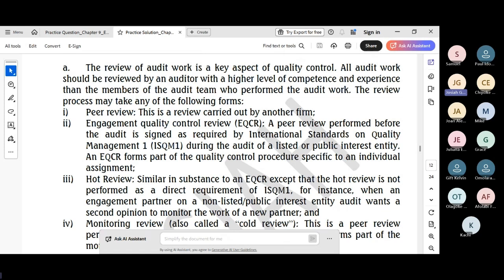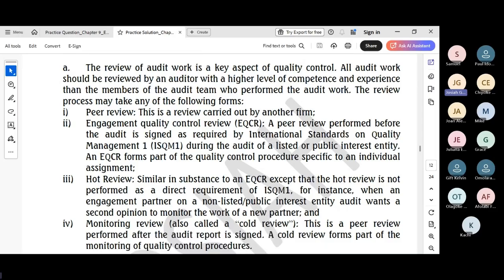So for the A part, use lists and headings. You can see the examiner did that. He used numbered lists and headings to ensure you cover all 3 aspects required by the question. The 3 aspects in the question are, don't forget, the types, the purpose, and the scope. And hit the 8 points required for the main marks.